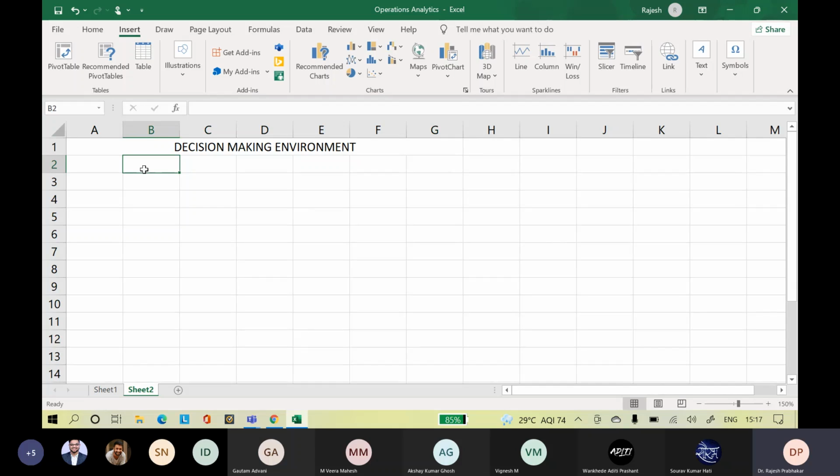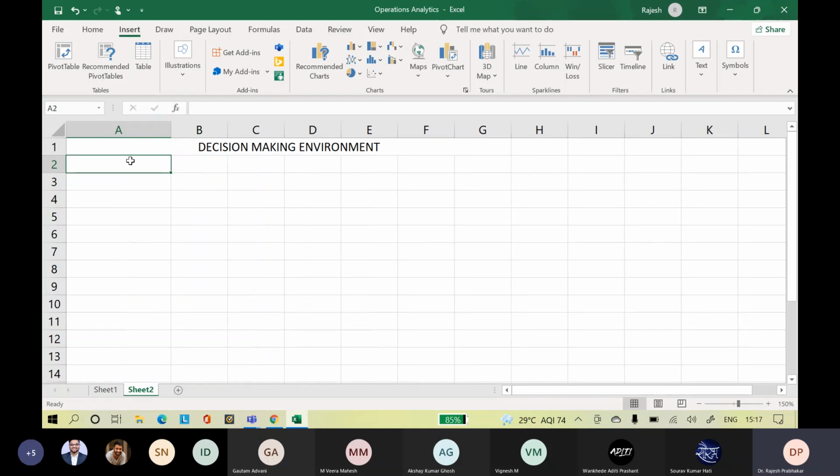So let us look at certain keywords we need to understand before we start into the operation analytics.